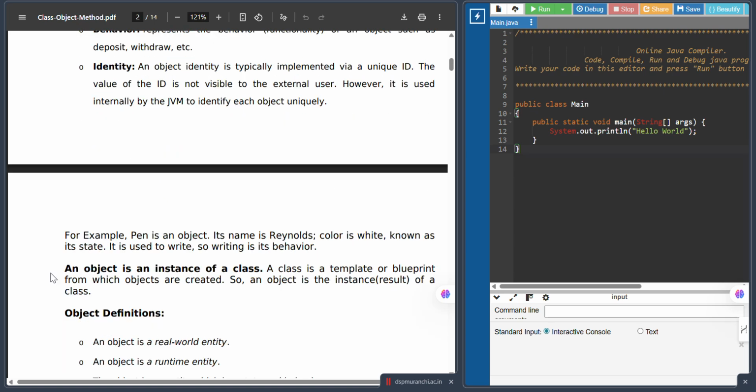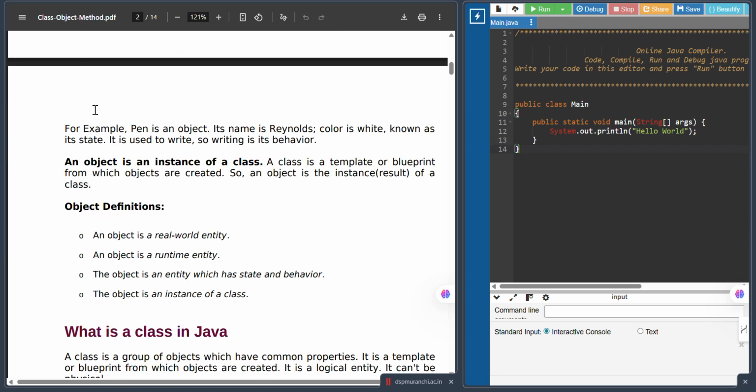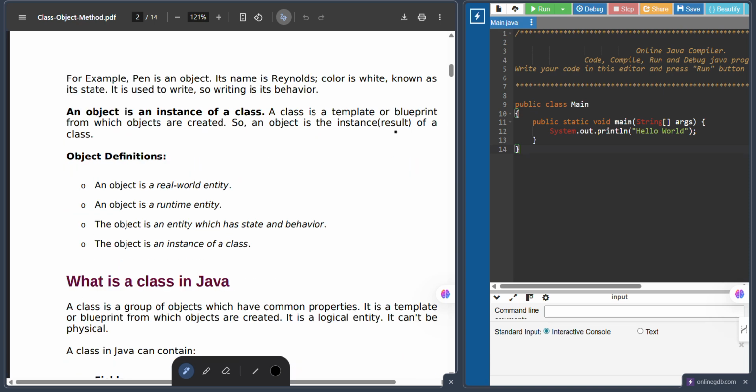As I already mentioned, an object is an instance of class. A class is a template or blueprint. ठीक है. An object is a real world entity. मैंने आपको एक पूरा ही बता दिया, जैसे कि एक डब्बा है, ठीक है, उस डब्बे में कुछ चीजें हैं